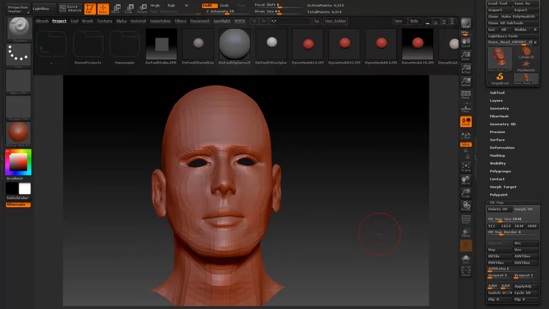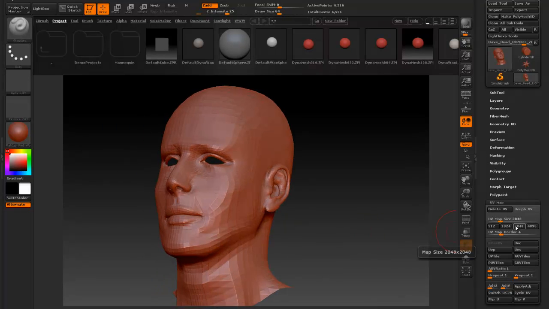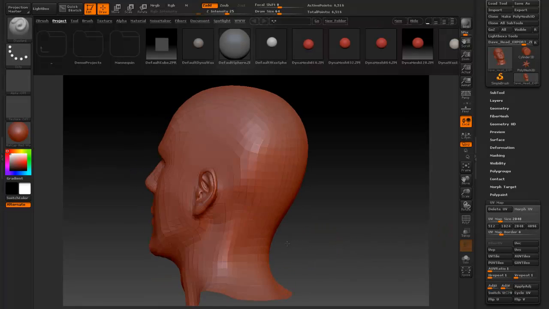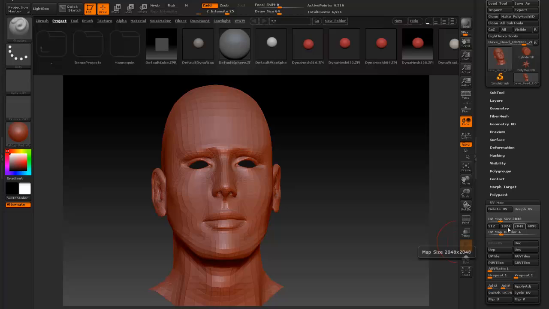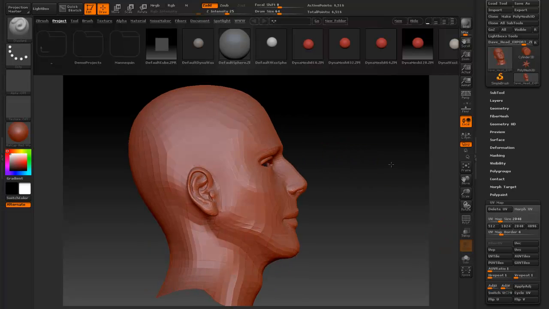So we're going to make sure that our reference images are going to be able to handle 2048 by 2048. And we'll talk about that as we go along. But for this lesson, we're going to do 2048 by 2048. It's already set that big. You could go 4096, but you don't need to. We're going to do one at 2048 and then one at 4096. So let's click on 2048. Rotate around a little bit,